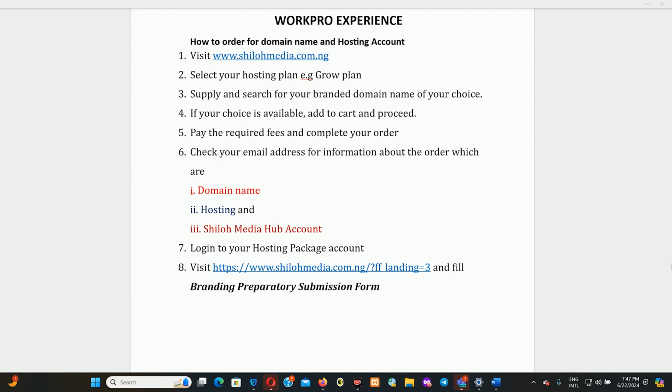Then we're going to check our email for the information. Then we are going to log into the hosting account. And of course, for the case of this practical, for the case of this stage of your training, you are going to submit the link and some other things to the provided link that we have on this page. So let's go on as I go to